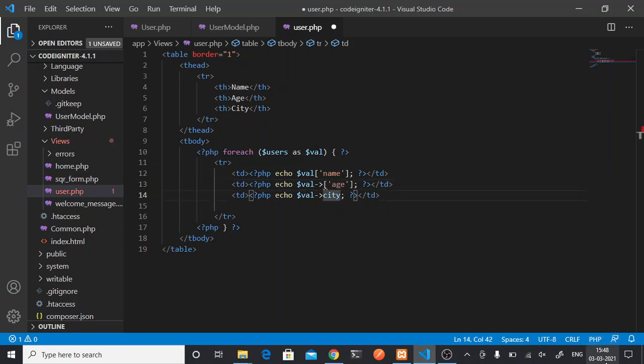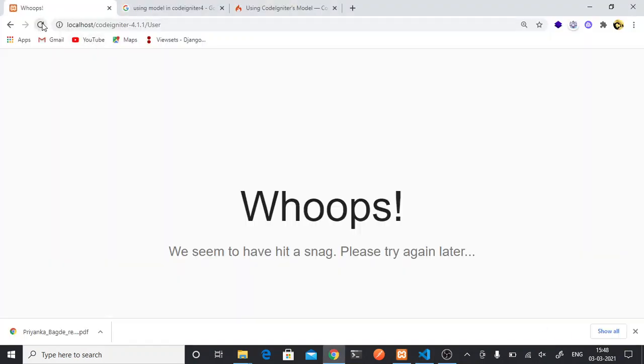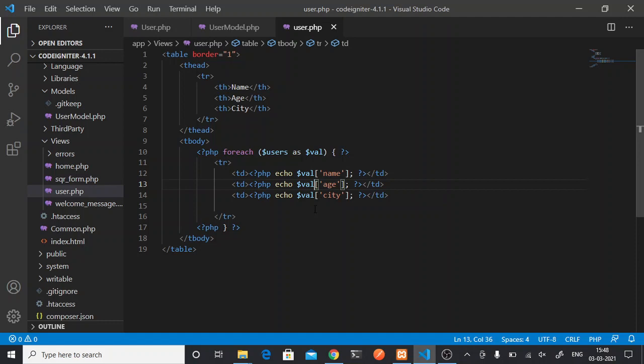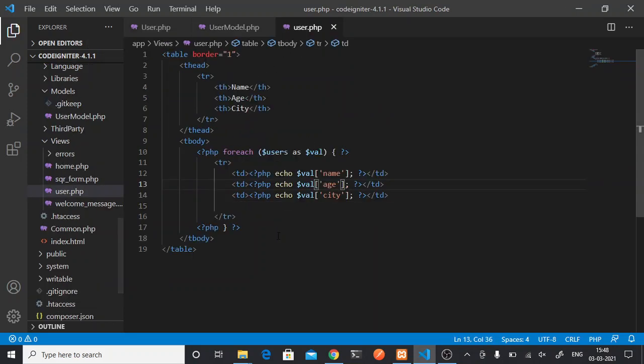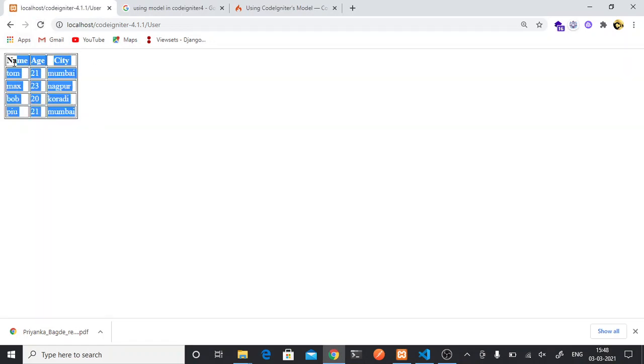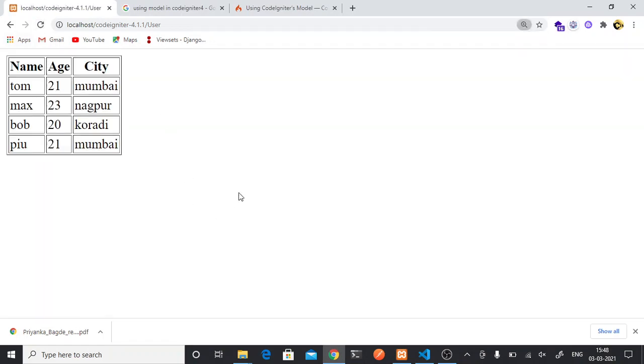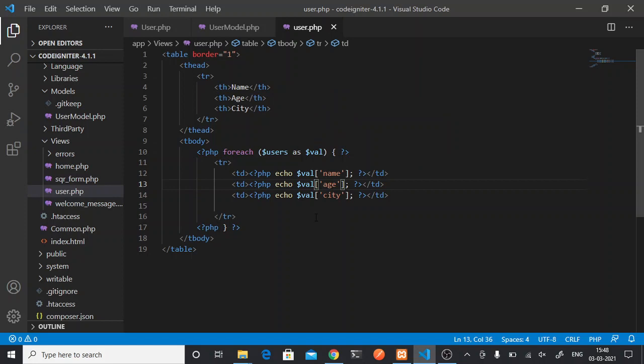Name, age and city. So we got the same data using our model. In coming videos, we will see how we can insert, update and delete our data.